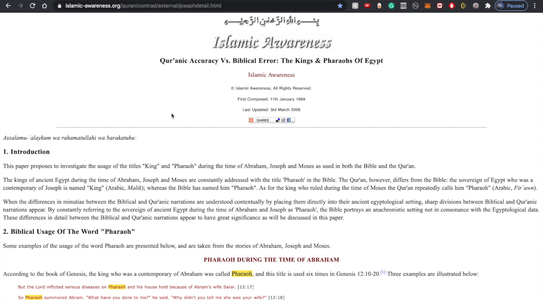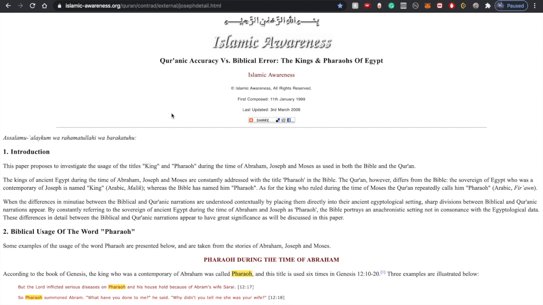So the Bible made an error, and the Quran corrected it. And there is no way the Quran could have known this, because the knowledge through which this was known was buried and unknown. It was only after the discovery of the Rosetta Stone that ancient Egyptian hieroglyphics were decoded. At the time of Muhammad, they were not known. It was a dead language. But only recently, about 100 years ago or so, the hieroglyphics were decoded, and all this knowledge became available to us. So this was not known at the time of Muhammad.